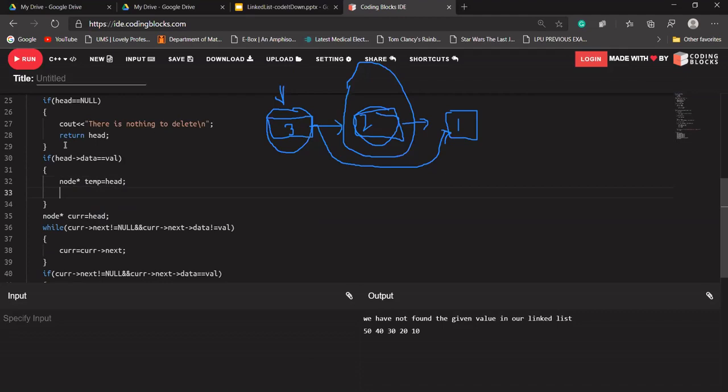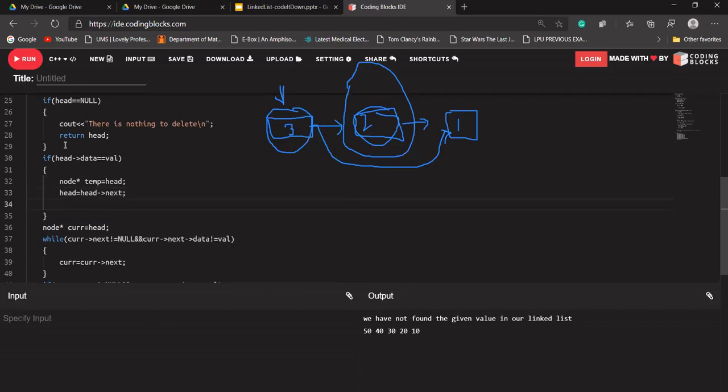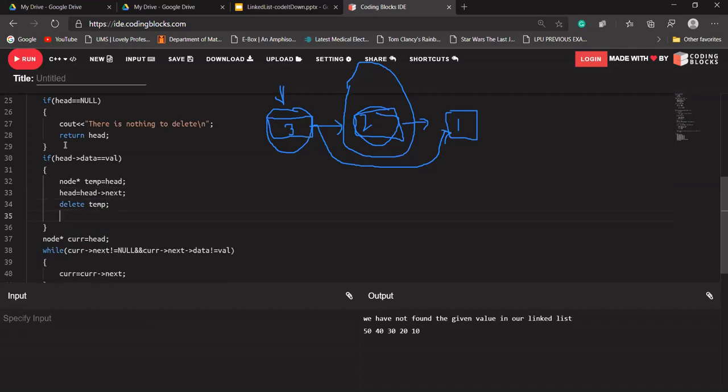Head is equal to head's next, and delete temp. I'm writing this for the first case only, meaning if the value matches the first node, and it should return head.